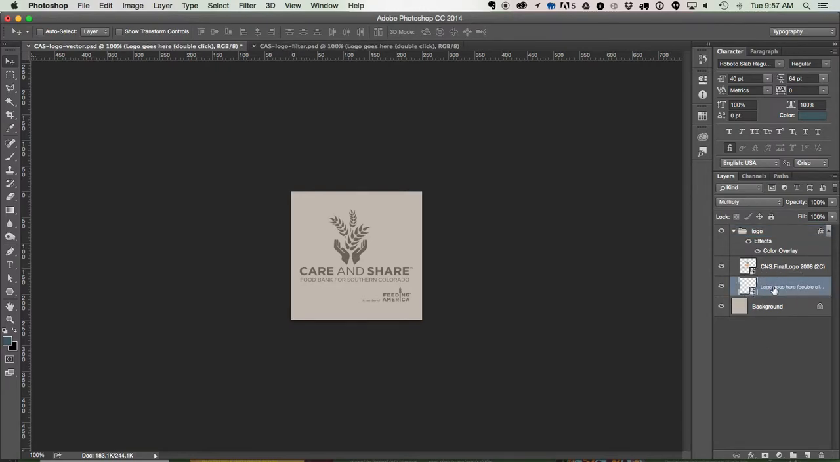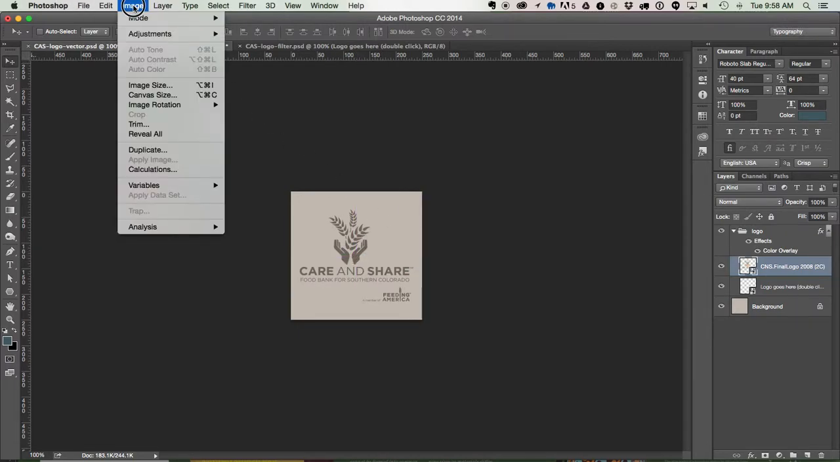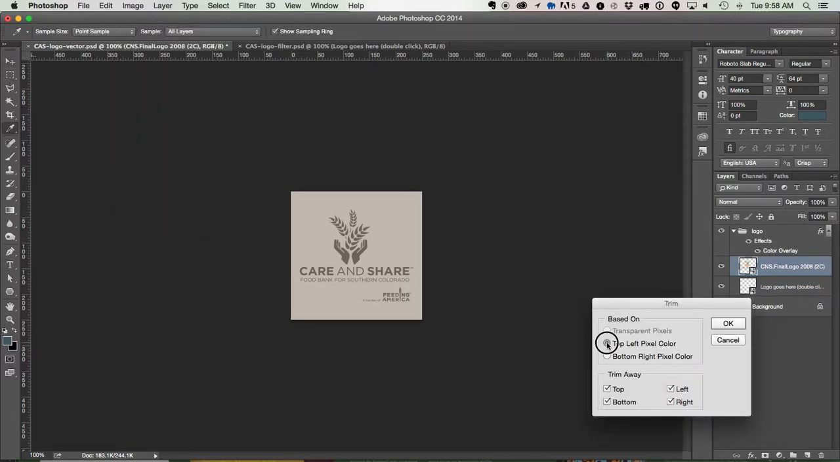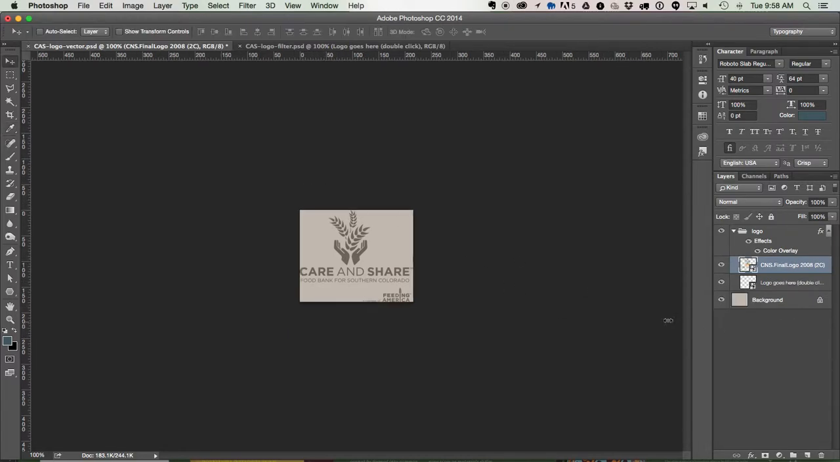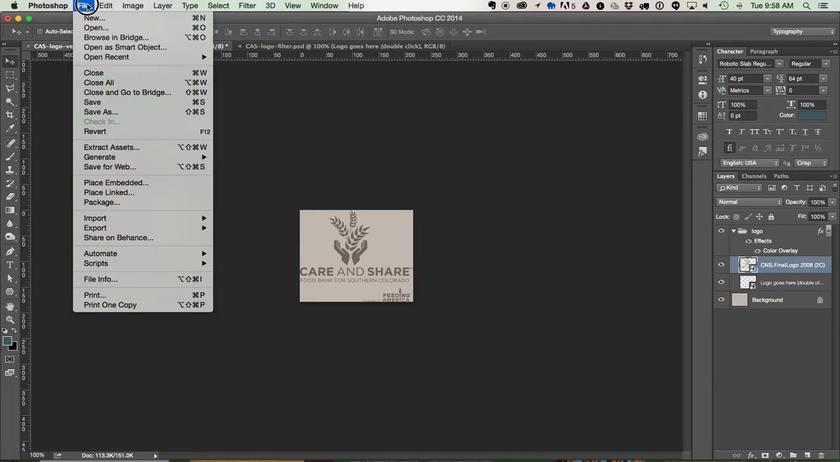You can also paste a logo in this layer that says logo goes here, double click. Either way, as long as the logo is within this file folder here, we'll have the right type of look. So I've tried to make this file as wide and tall as you would ever need a logo. And once you have this in here, what I would do then is go up to the image menu and choose trim. Once you have it the size you want, we can just say the top left pixel color, which is this background beige color, and you can see it will trim the logo down to the edges of that logo. And then we can just say file,